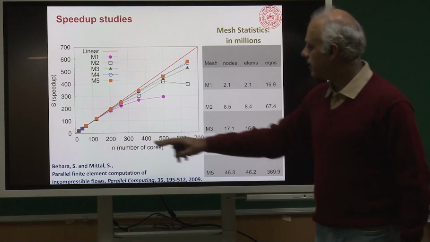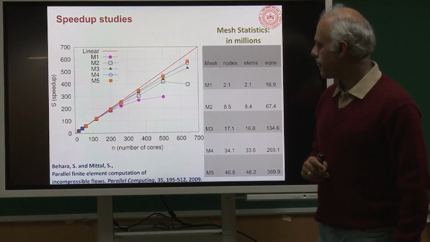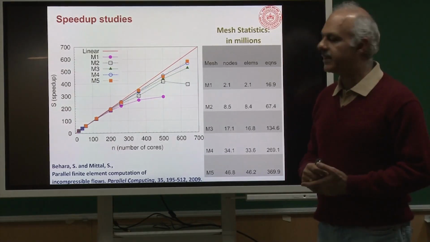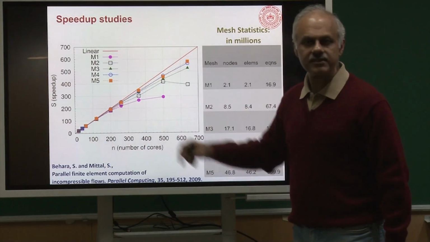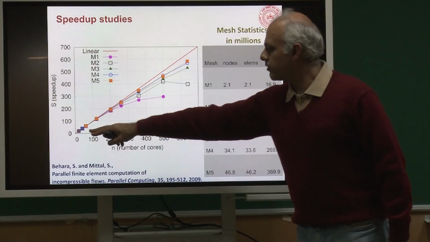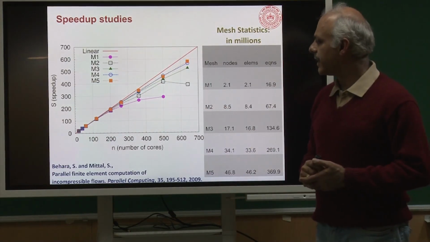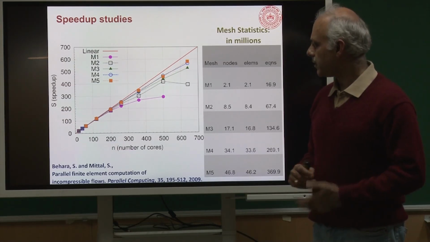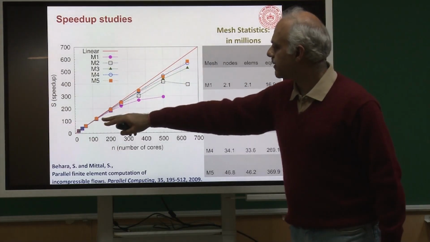and we want to see how fast this thing scales up on a computer. So, the x axis is the number of cores that we are using and the y axis is the speed up. Speed up simply refers to, if I run a problem, let us say on 200 cores, then compared to if it was running on 1, what is the speed up that I get on 200. Okay. So, as you can see, if I look at the coarse mesh, the M1, it scales